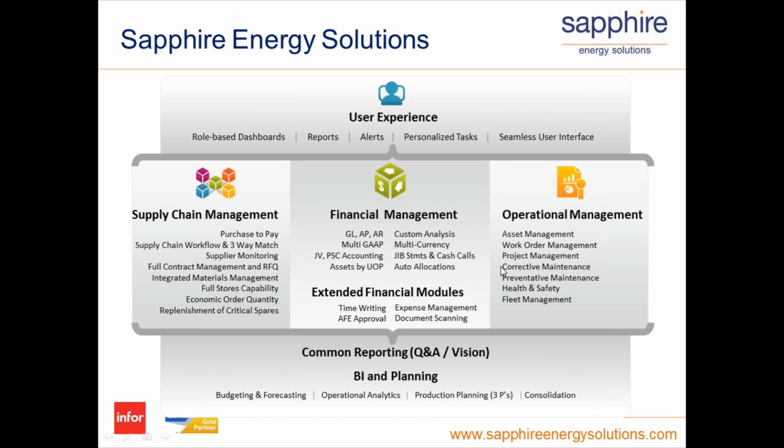Every solution that we implement has this financial management piece that's really at the heart and provides all of the accounting and handles some of the specific complexities within the E&P sector, such as joint venture accounting and accounting for production sharing contracts, having asset depreciation by unit of production. So some of the things that not all accounting products can actually cope with, and Mark will take you through